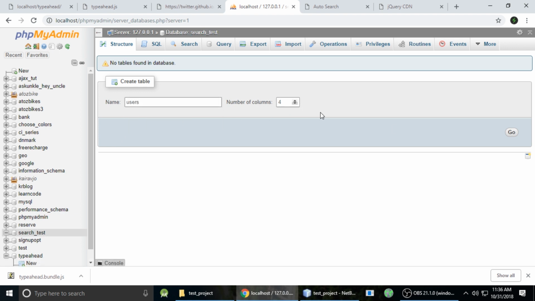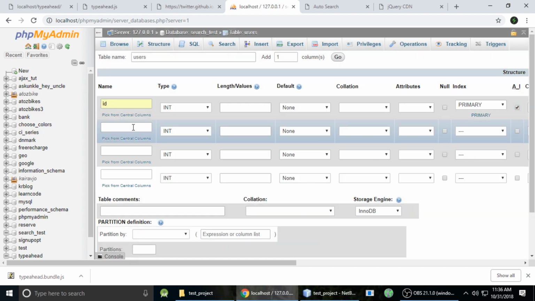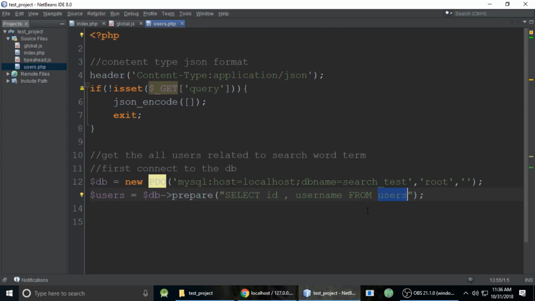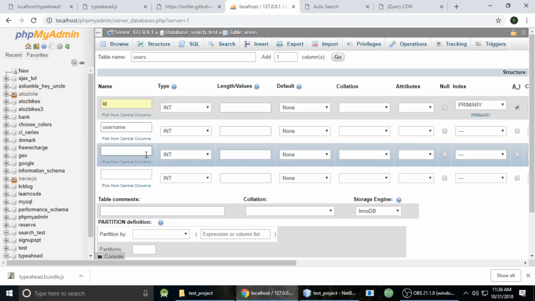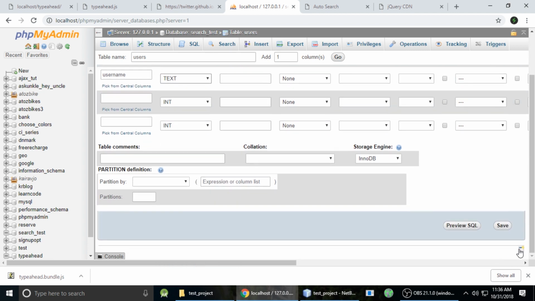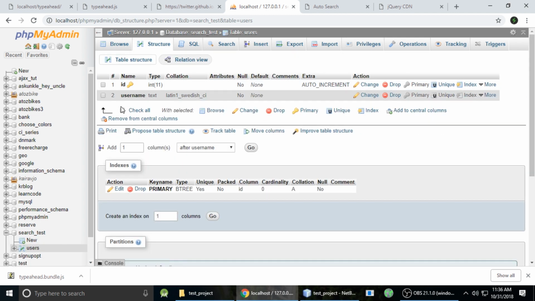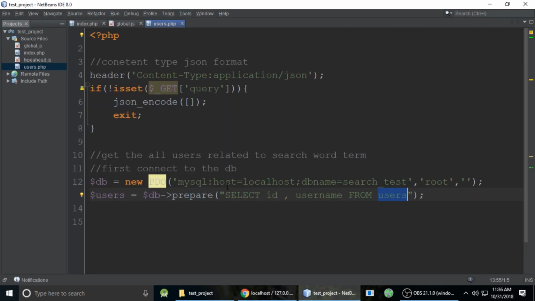Just click on New, users, go, and it has two fields. You can put many: email, id, first name, last name, mobile number, lots of things you can get, right? So it's auto increment. And just type the next field, username. Okay, and its data type is text, whatever you want, and save it. So we have a table of users. We are getting all the username and id from users,